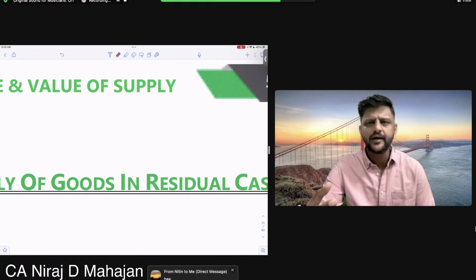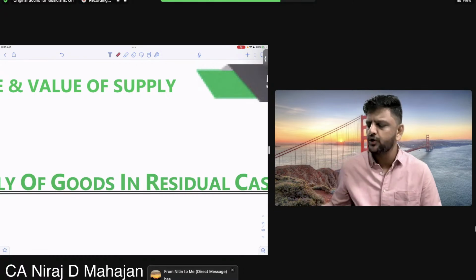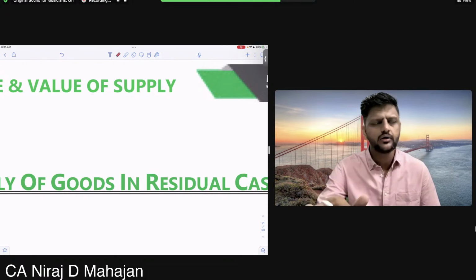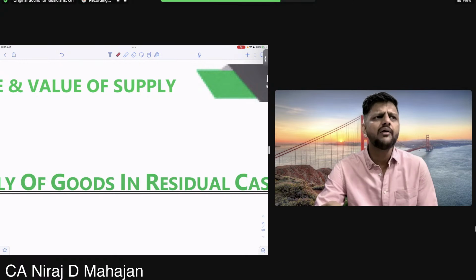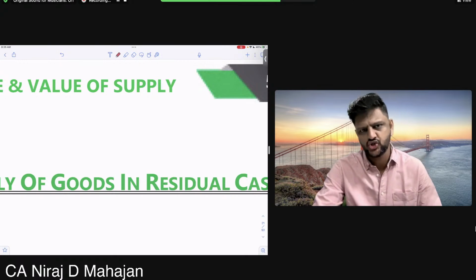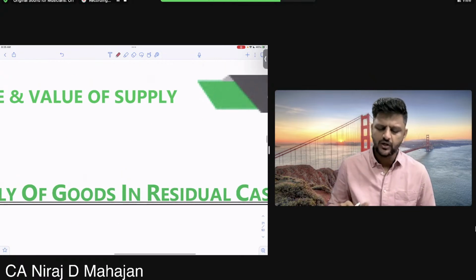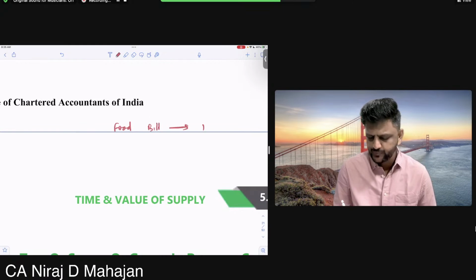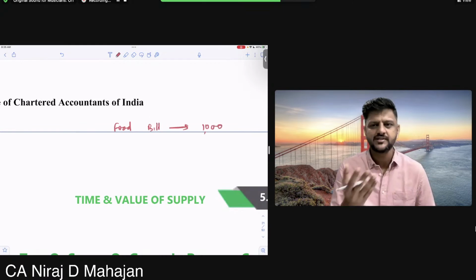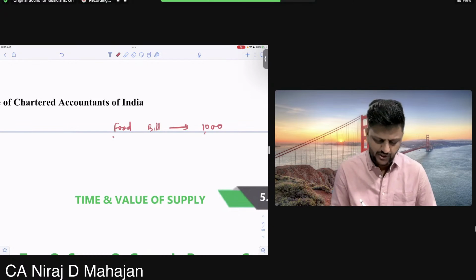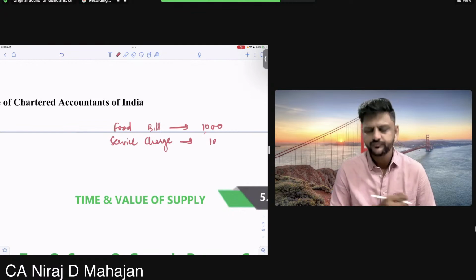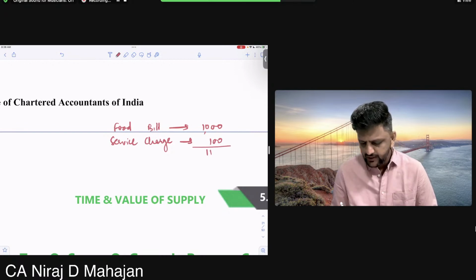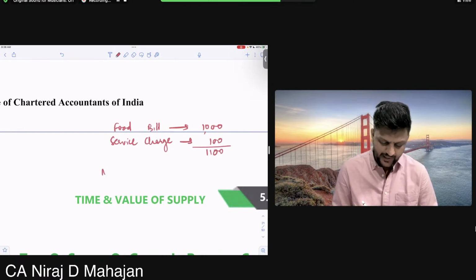Understood? And so many times, just for the sake of example, बच्चों, you might have gone to a restaurant. They charge you the regular 5% GST. They also add one figure over there. Service charge. Okay? So again, just for the sake of example, the actual food bill, let us say, is 1,000 rupees. Many restaurants charge 5%, 6%, 7.5%, 10% as service charge. It is not service tax, it is service charge. So yeah, the bill as such is 1100 and then, बच्चों, add taxes.